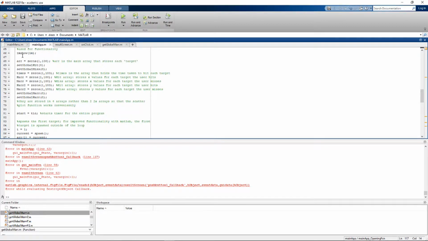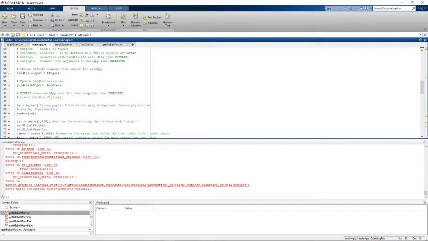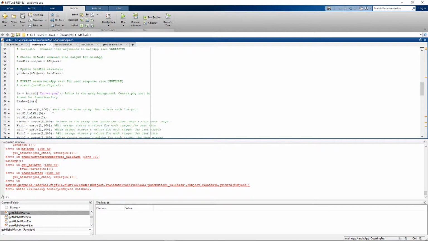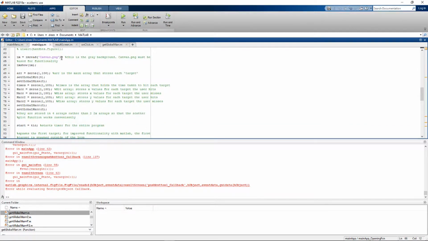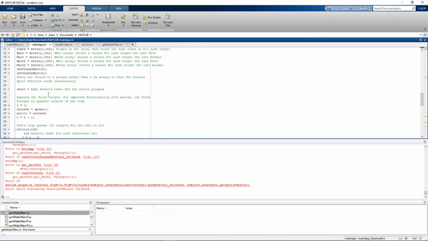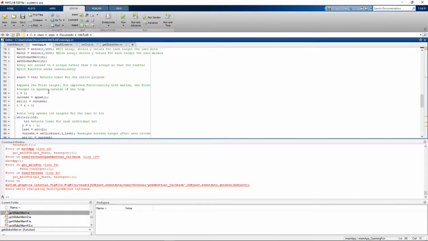Moving into the main application, you got canvas.png. That's what it loads in. That's the background. Very important, because without this you wouldn't be able to despawn your targets correctly. So you load in the canvas. It shows the canvas on the figure. You set all these arrays and global variables to 0. That's just so that I don't have to create a separate reset function. It does it automatically at the start of the function. It works well when you only have one game mode, so I decided I was just going to do that